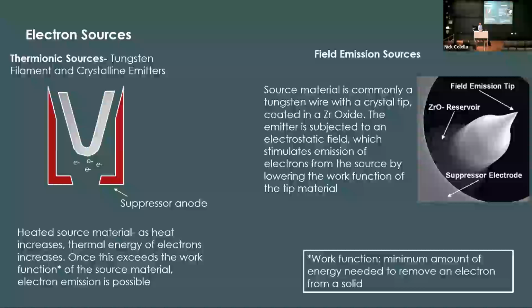So the field emitter is also heated up. We have some reservoir of source material that's heated up and then also subjected to an electrostatic field. And those are going to make it much easier for us to get electrons off the surface in a very controlled way so that we have a more consistent electron beam where all of those electrons in the beam have a very consistent energy. And that consistency of energy resolution is going to help us get the highest resolution possible when we're imaging our samples.